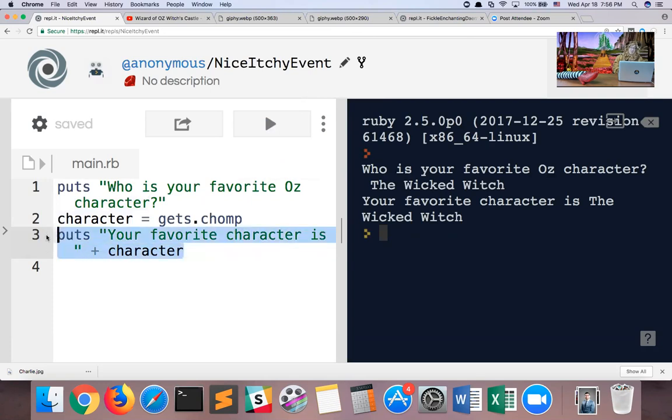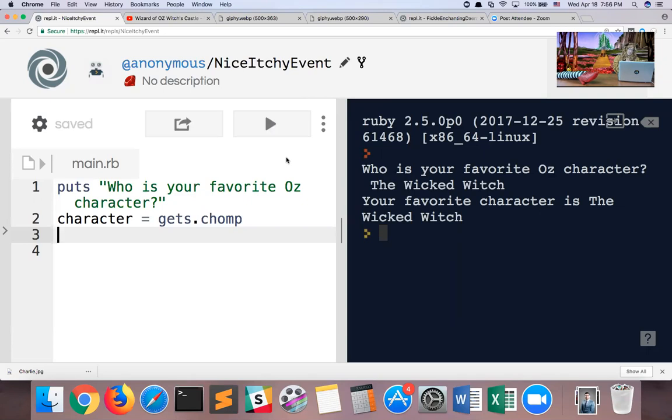Let's say we wanted to write a program that starts out the same way as the previous program. So it will print out who is your favorite Oz character on the right side of the screen. We're going to let the user type in a response. And we then want to respond. We want the computer to display different responses depending upon what the user typed in.